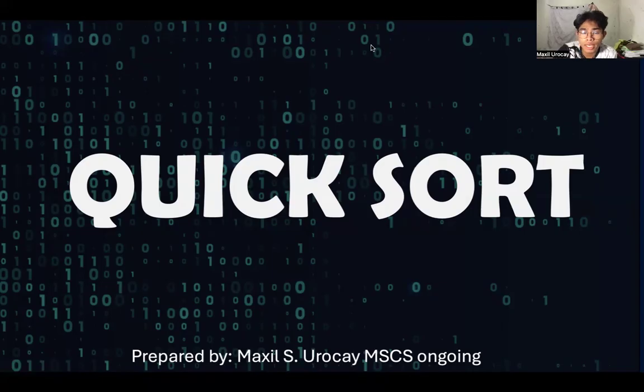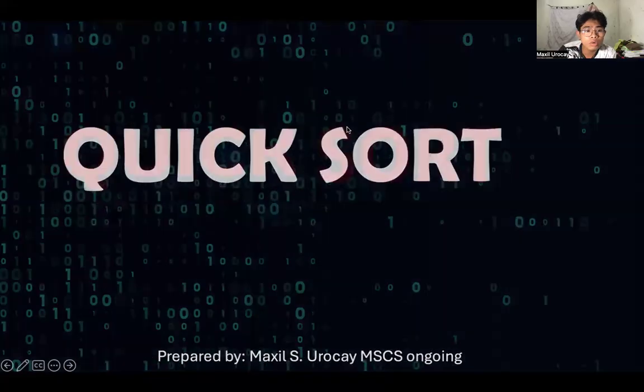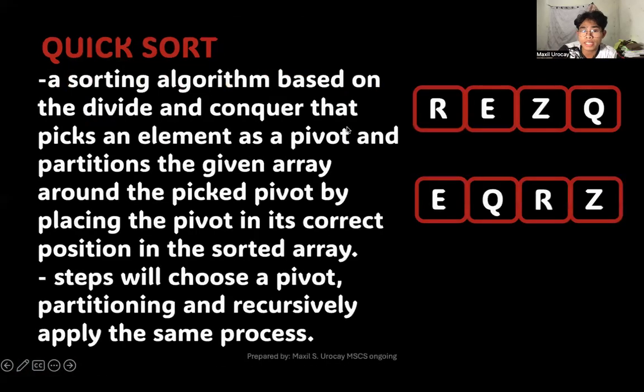This will be the next sorting technique, which is quick sort. So let's tackle what quick sort is all about. Quick sort is a sorting algorithm based on divide and conquer that picks an element as a pivot and partitions the given array around the picked pivot by placing the pivot in its correct position in the sorted array. So our goal here, for example,